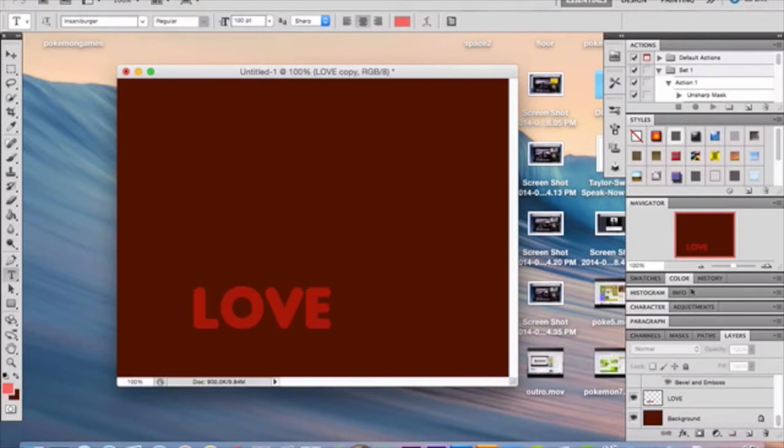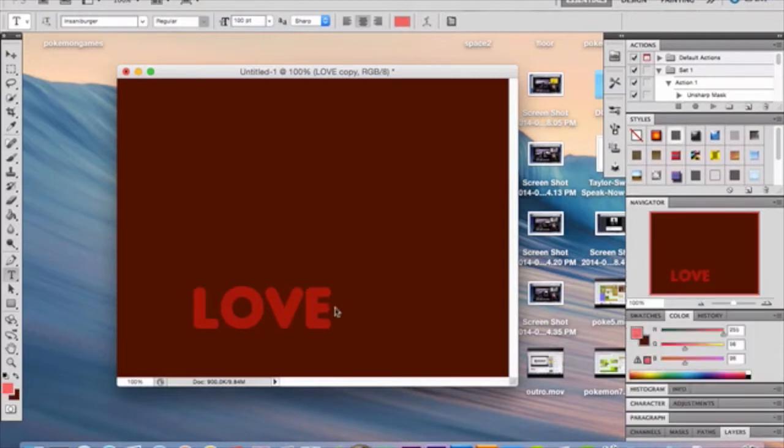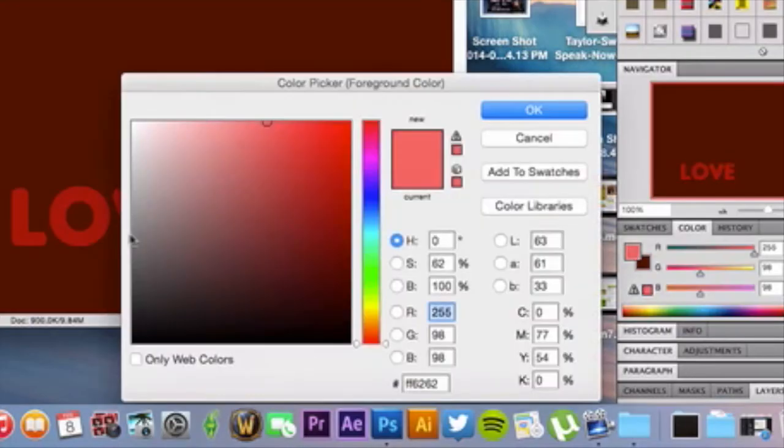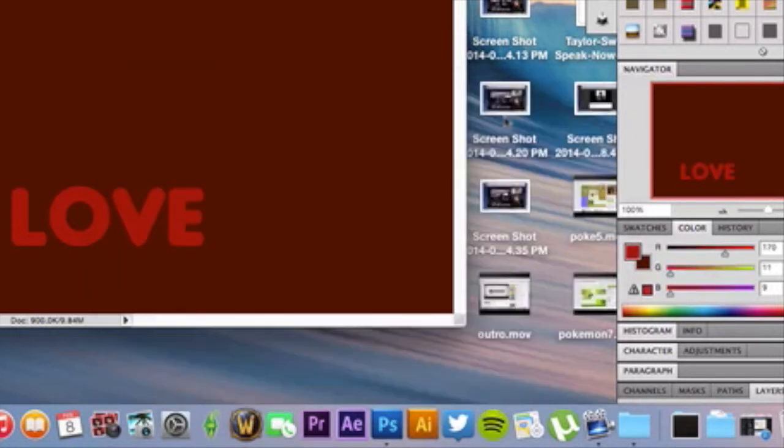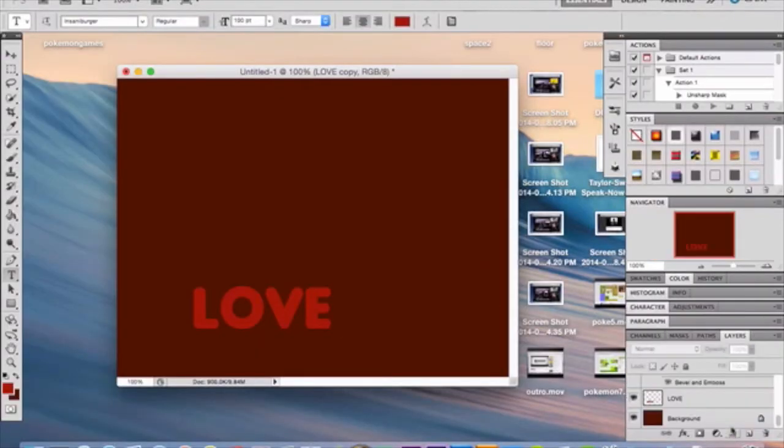Alright. And you have to use a specific color. So, let me show you what that color is. Alright, that's the color I've chosen for my font. AAOB09. Click OK. Alright, once you have that, you're going to then need to rasterize your text layer,